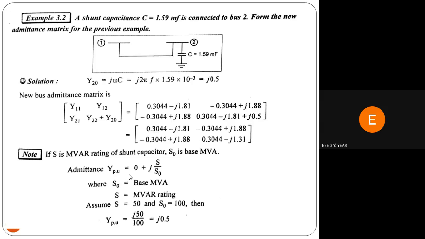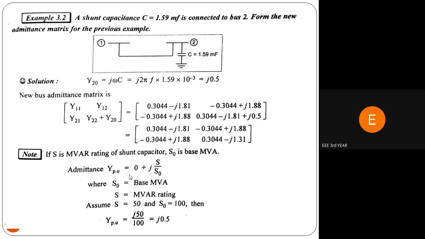Here they said that they are adding only one capacitor to the bus. That is, we have to consider the previous sum. In that sum, they are adding some capacitor. That is, a shunt capacitor C equal to 1.59 millifarad is connected to bus 2. Form the new admittance matrix